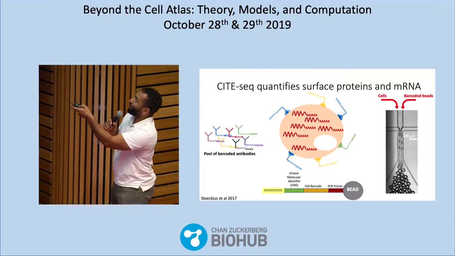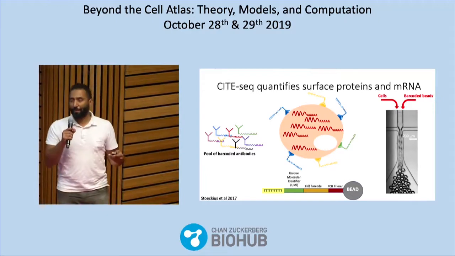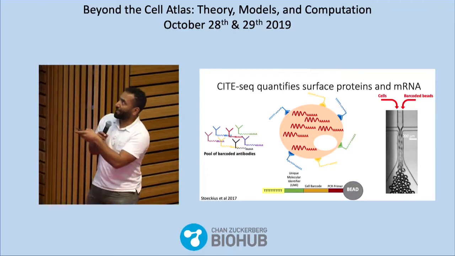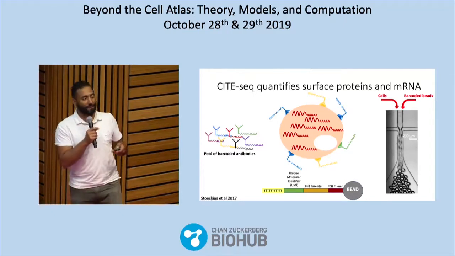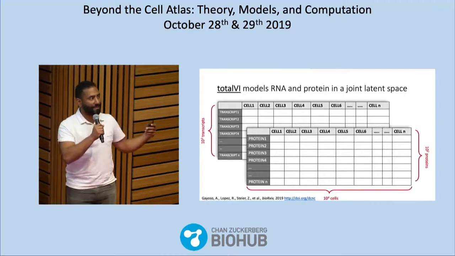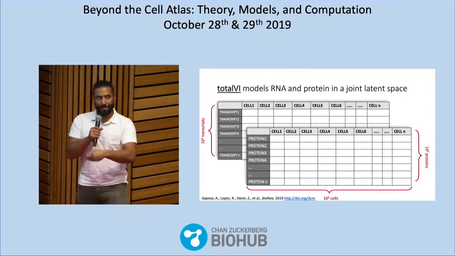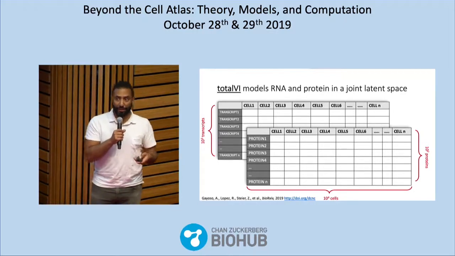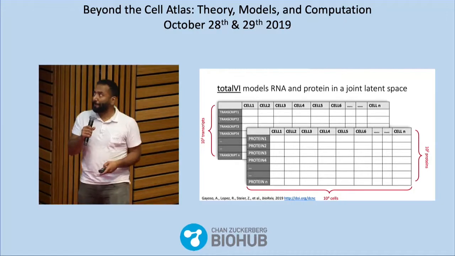And so by putting both cells and beads into these droplets, you can make huge libraries and essentially count the number of antibodies from this panel for each cell and, of course, the RNA molecules. And so what you're left with is this massive data set with tens of thousands of cells and thousands of transcripts and potentially hundreds of proteins, depending on how big your panel was.